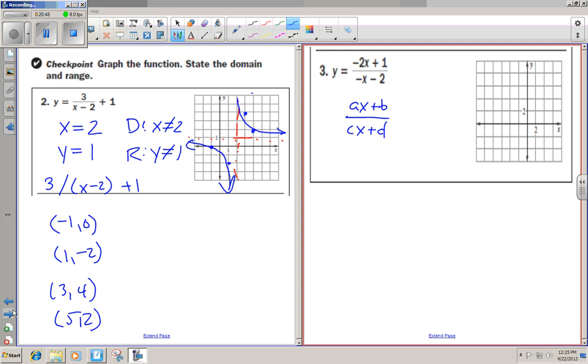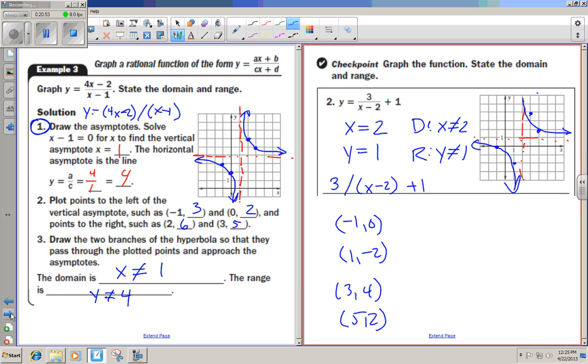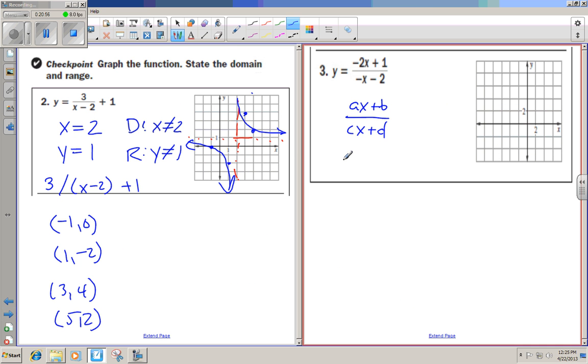All right, so looking back at the notes that we just took, you can see the vertical asymptote is negative d over c. So x equals negative d over c. In this case, d is negative 2, so negative 2, all over c, which is negative 1. So our vertical asymptote is x equals negative 2. When you have that, you then know that the domain is all reals except for x does not equal negative